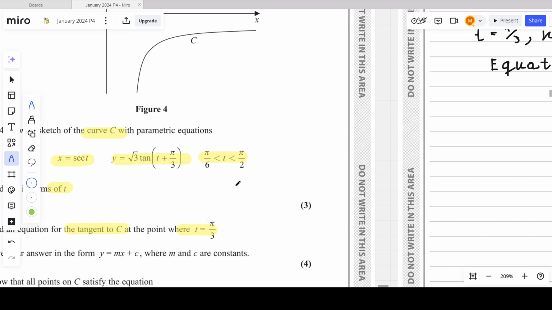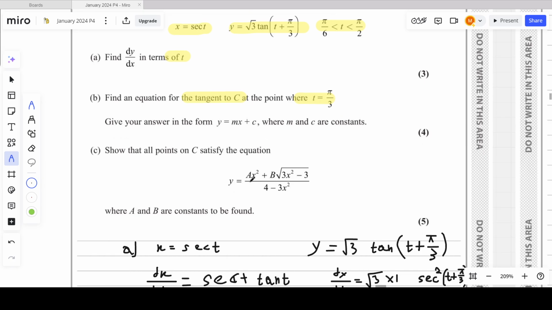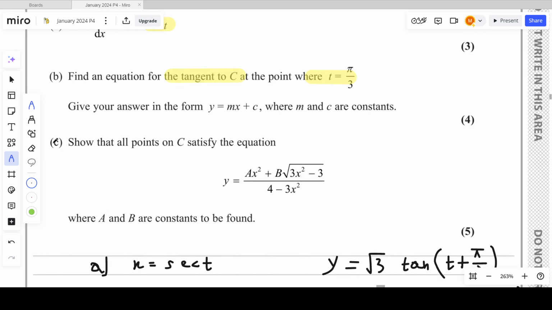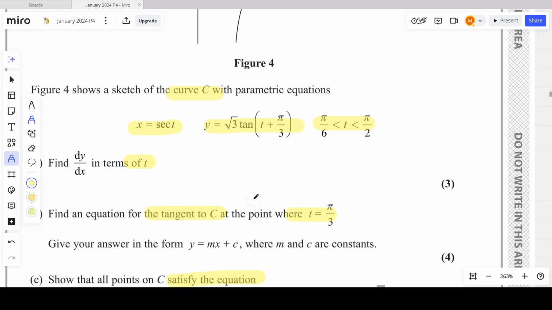Done. Next is what? Part C. For part C, they asked to show that all points on curve C satisfy this equation. We need to derive the Cartesian equation for the parametric curve C. So for converting a parametric equation into a Cartesian equation, definitely you know the process. The process is what? We need to make t the subject